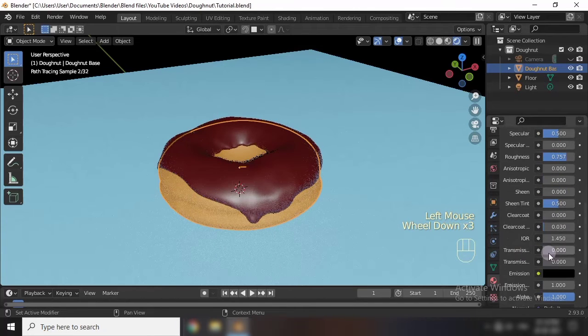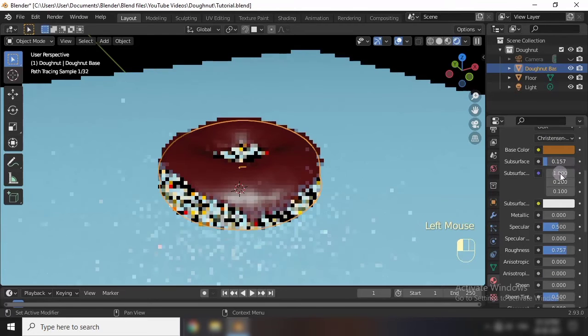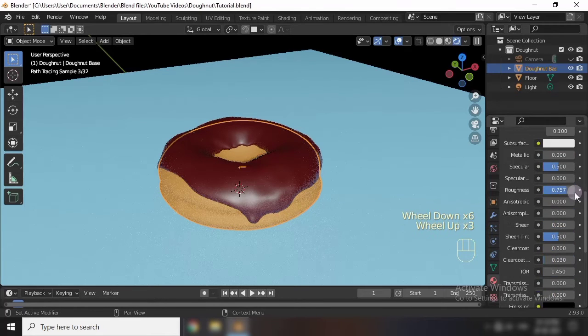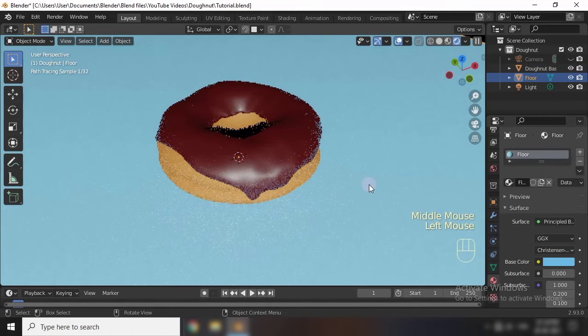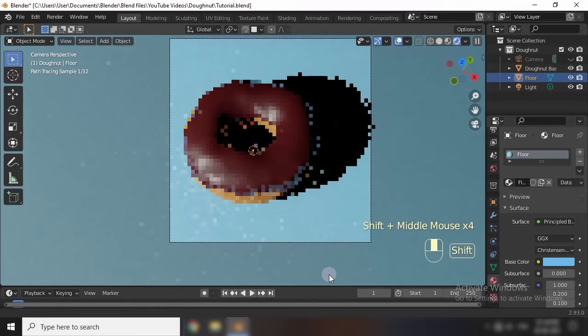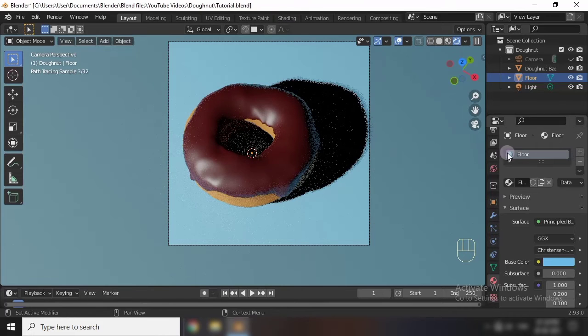Okay, now subsurface you can give here, don't need. Okay, you can play with it, nothing matters, you can play with everything. So it is now a donut, and now I will render it. So I am finished with my materials. You can play with it, you can go to the shading tab, and there you can do better.